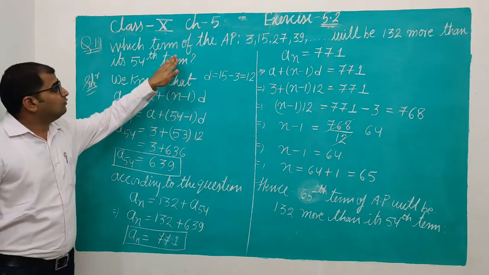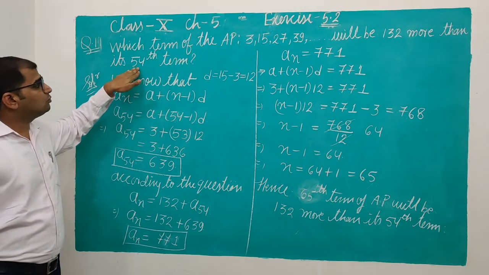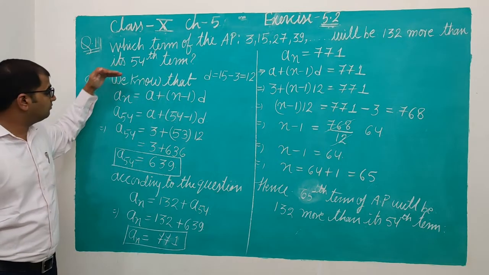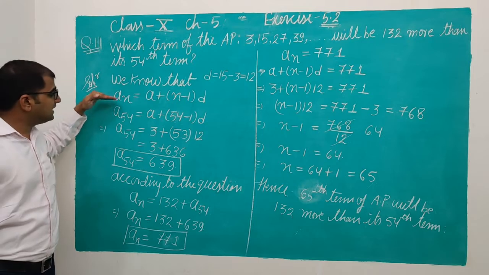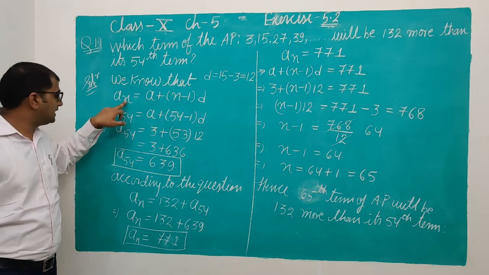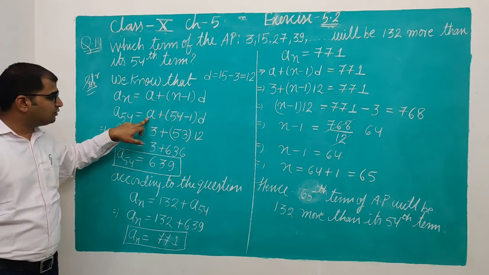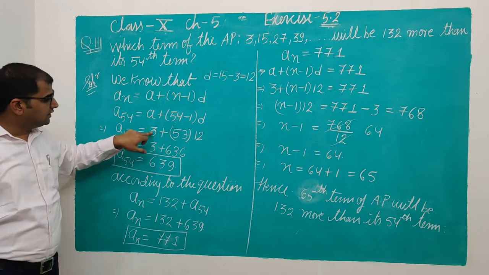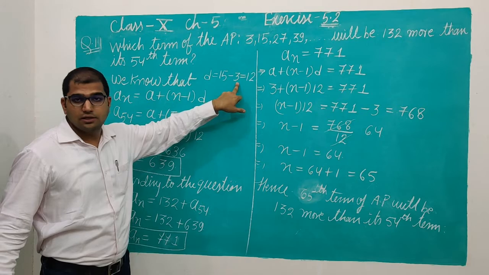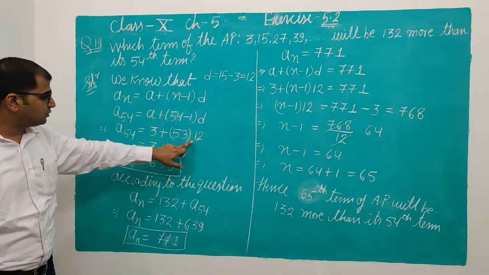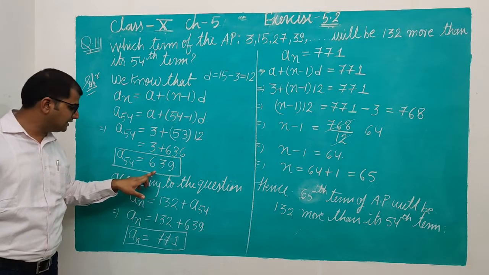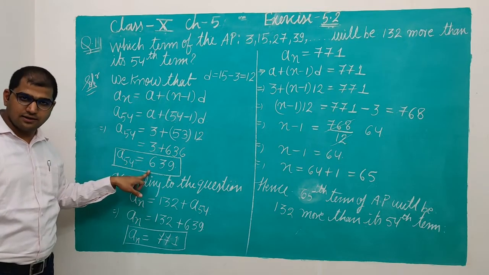देखिए वापस देखते हैं एक बार. Which term of the AP will be 132 more than its 54th term? So firstly we find out the 54th term by the nth term formula, that is an equals to a plus n minus 1 into d, that is a54, n की जगह क्या पुट करेंगे 54, a का वैल्यू ap से पुट करेंगे that is 3, 54 minus 1 that is 53 and d that is common difference is second term minus first term is 12, so put here 12 multiplied by 53 that is 636 plus 3 that is 639, that is a54 is 639.